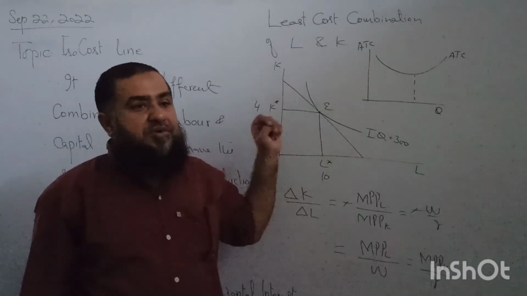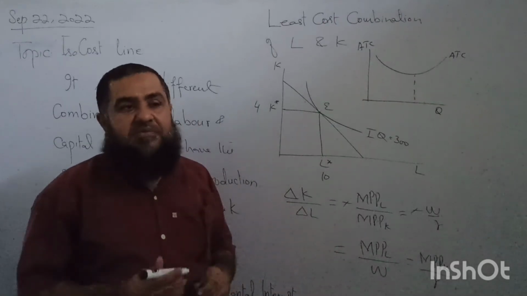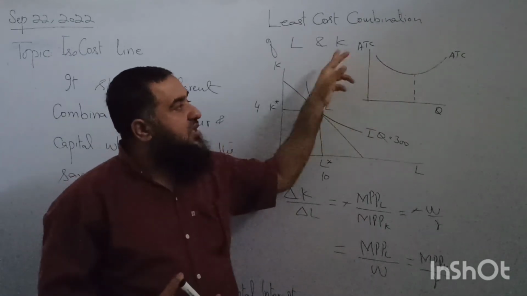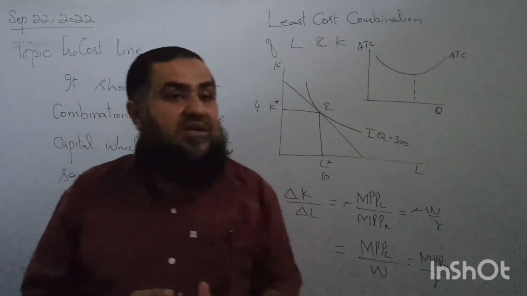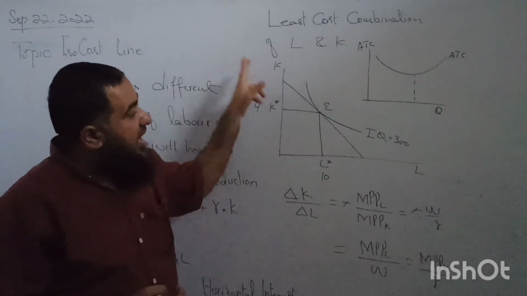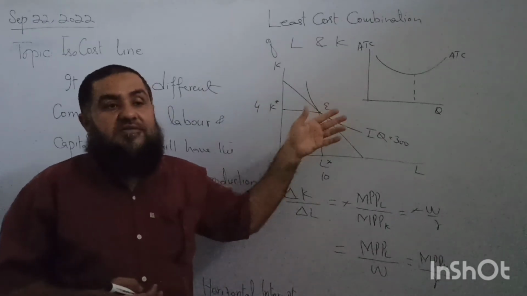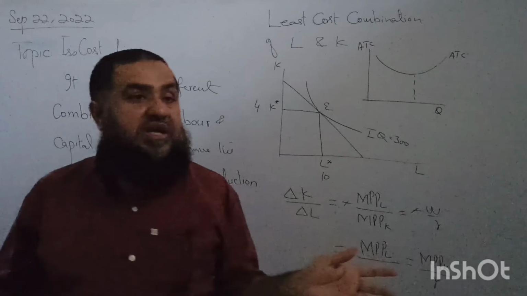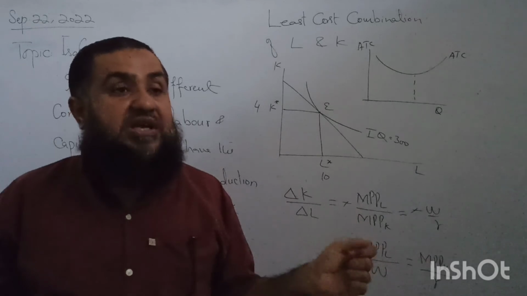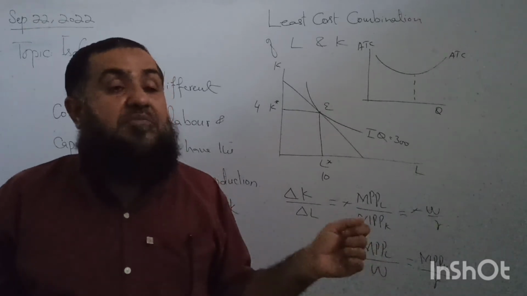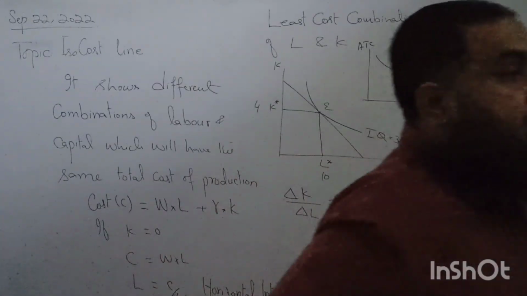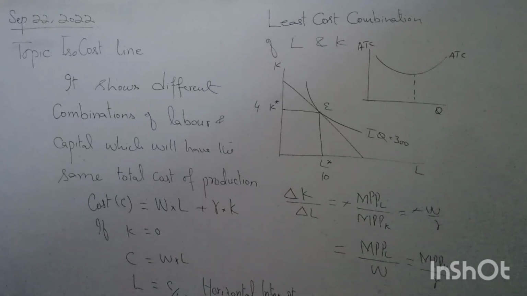You studied this, the productive efficiency point where per unit cost of production is minimized. So this least cost combination of labor and capital can be shown by the average cost line where average cost of production is minimized. So we say these two tools, isocost and isoquant curve, both give us that combination of labor and capital which gives the producer the least cost combination, where per unit cost of production is minimized, and then he will be able to maximize profit. Clear? That's all for today.